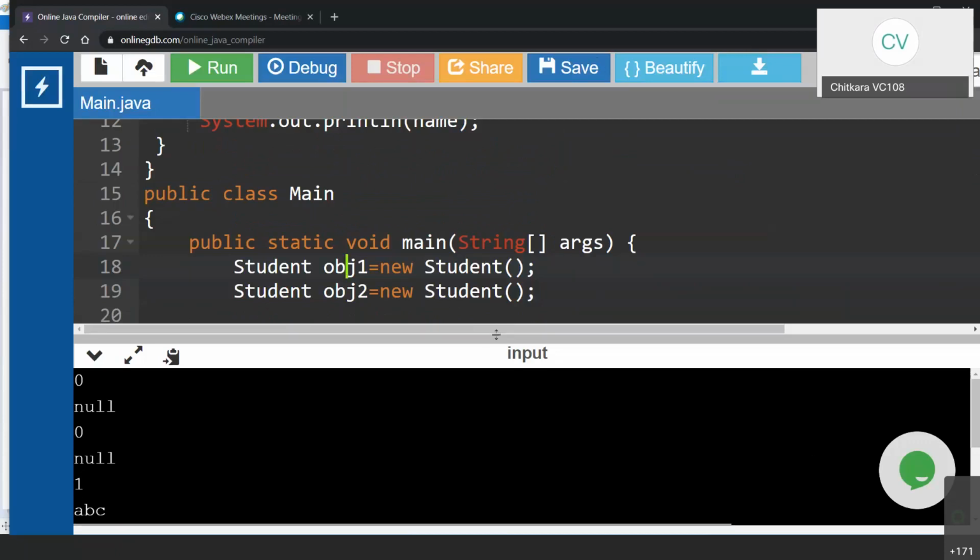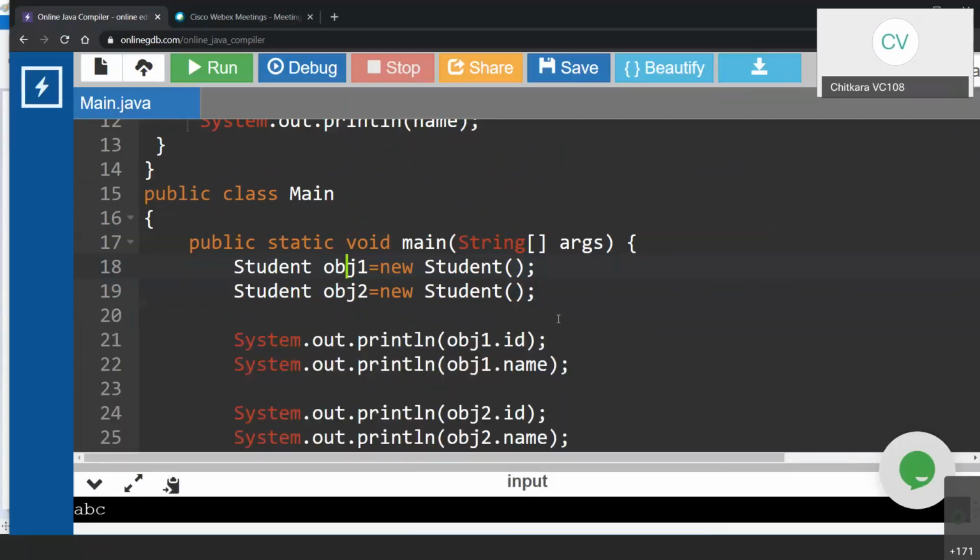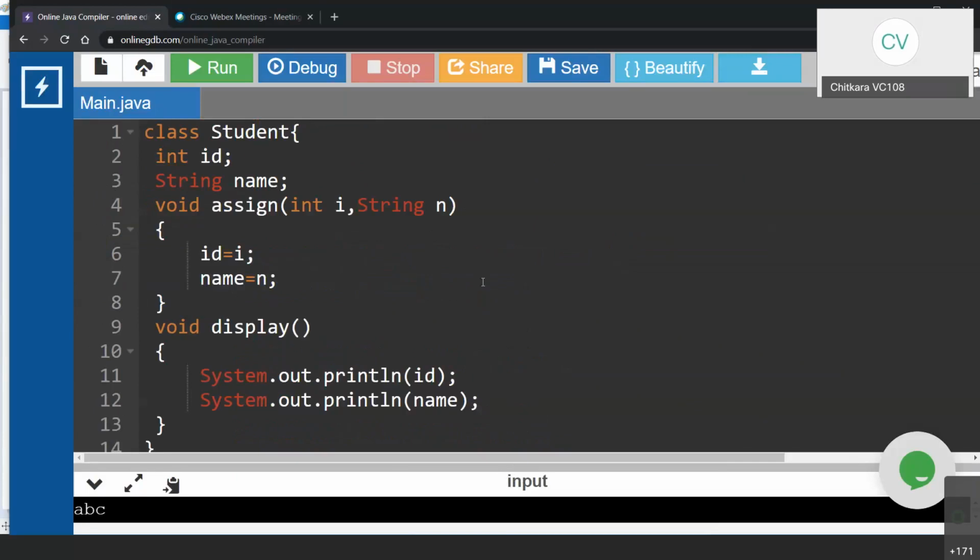Is it clear? Understood? Okay. We'll come to static, don't worry, we'll come to the static. Now,